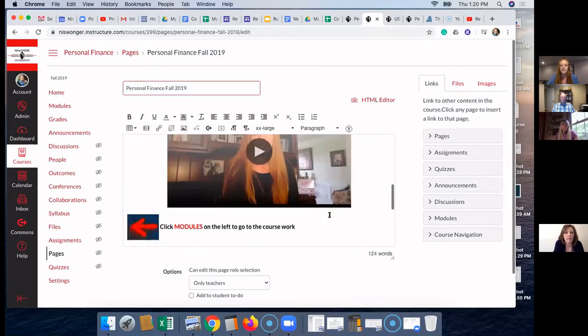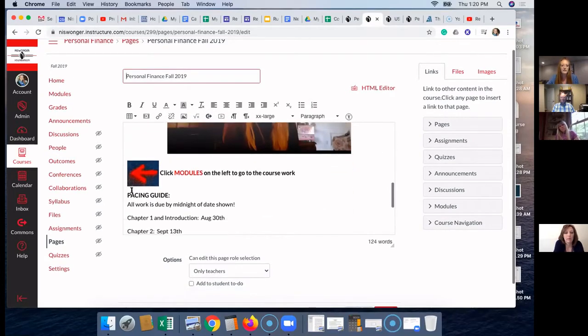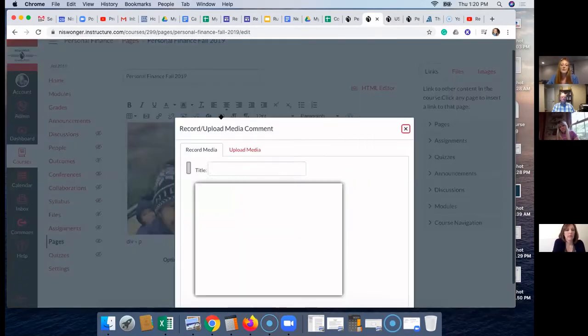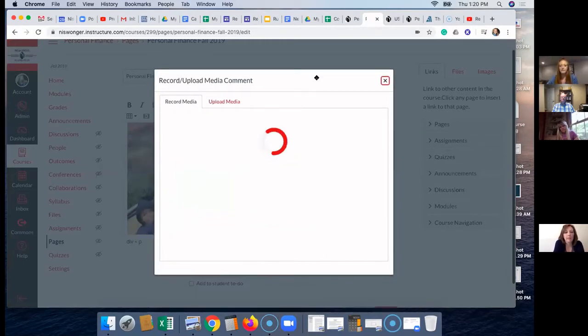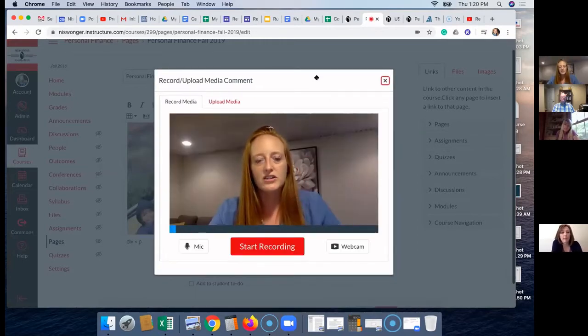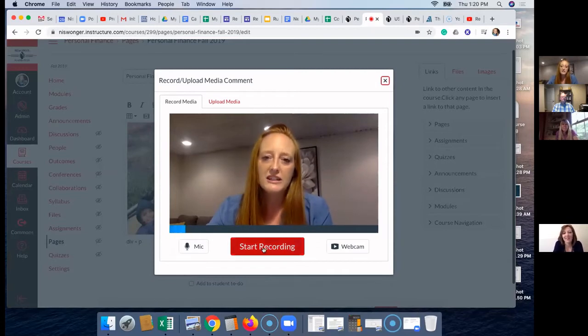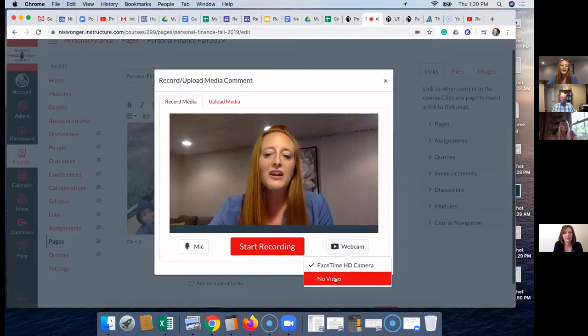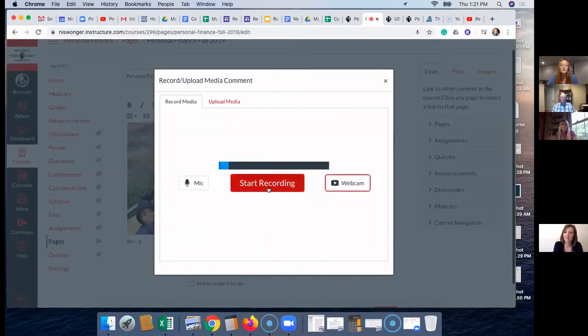And let me put my cursor somewhere good on this. Okay, that one's perfect. So when you click this, what happens is it pulls up a box. And the first thing you're going to see is yourself. And what you do is you just hit start recording. And when you do, it's going to start recording you and anything that you need to say, any kind of message that you want to send out to your students. So if you're sending out that kind of sub information, then you can say it here. Now, let's say it is you that woke up with 103 temperature and you're not feeling like putting on some makeup. You can do it with no video, and it will just record your voice.